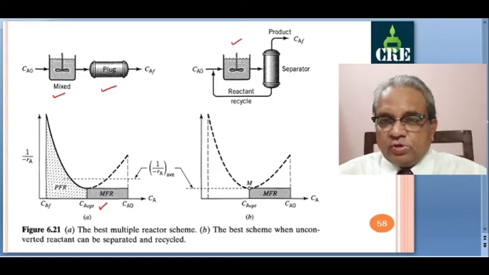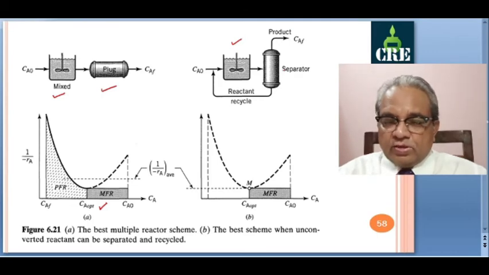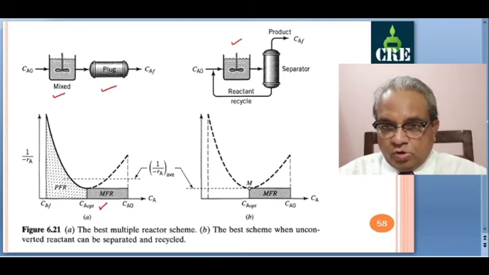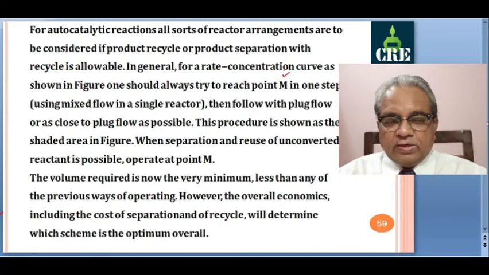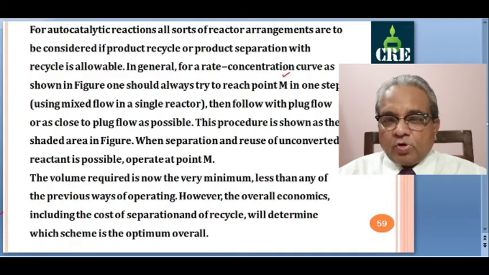We will concentrate on suggesting the minimum volume, and in this case, this is not the reactor, so the reactor volume is this much only. We are not concerned with this. Of course, this will add to the cost and overall considerations have to be made, but this kind of arrangement is a one time investment of a separator, and still it gives you the same performance in minimum volume. And of course, the separator needs a different design. What kind of separation you need depends on the kind of product stream. So that involves your separation processes, which you study as a separate subject in mass transfer.